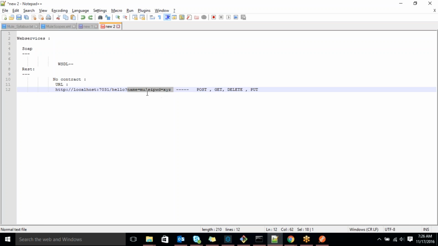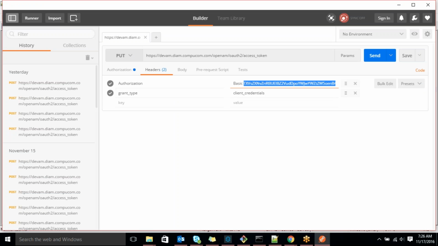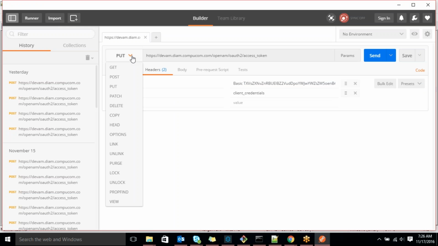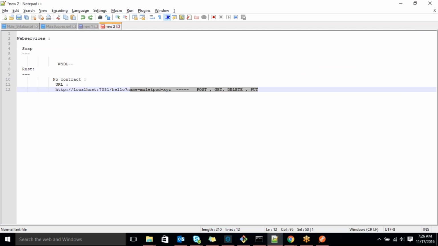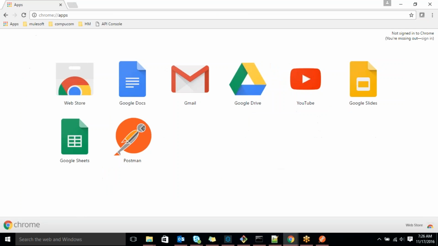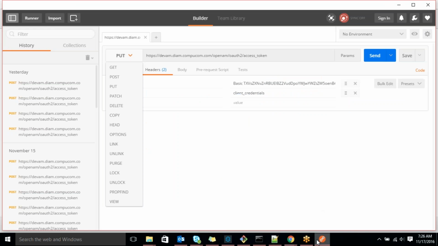So if you are sending some information on the browser, and it is a GET request, the method type is GET. I'm talking about all the methods. If it is a GET, anybody can see that information on the URL itself. Whatever you are passing in that URL, you can see it. So that's why people prefer